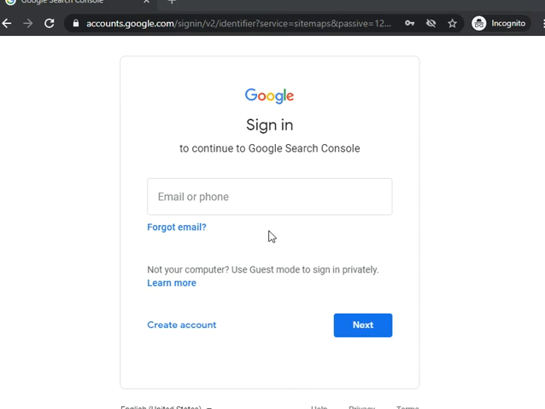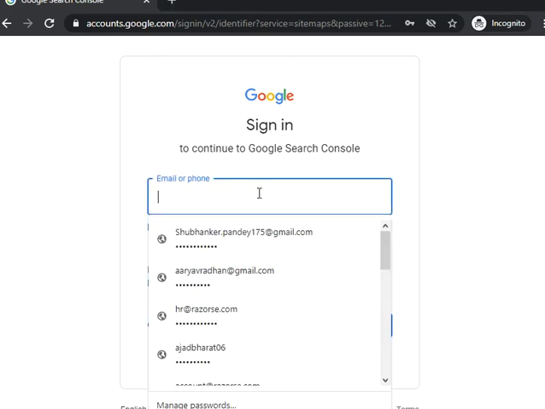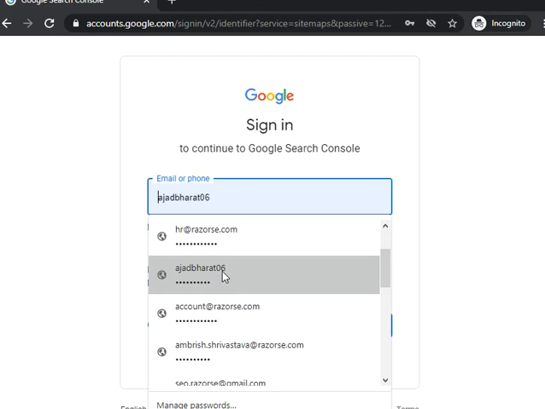Now I am here. One thing I want to make clear for you: if you already have an account in Gmail, then there is no need to create a separate one. But if you do not have a Gmail account, then you have to create a new account on Gmail. As webmaster tool is of Gmail, meaning Google, your Gmail ID can work here also, as your Gmail ID works for Analytics. So I have already set up a few accounts here.